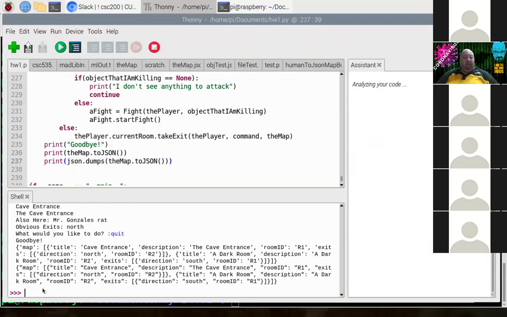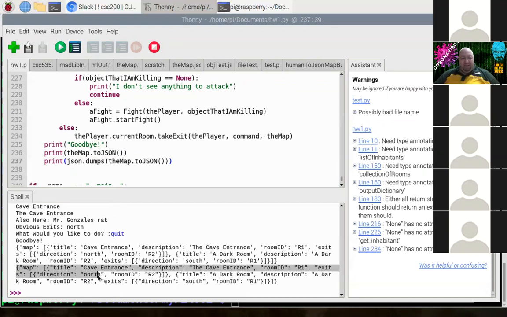Now we see that I get my actual JSON version, which looks incredibly similar to this guy here, but you can see right off the bat that map is surrounded by double quotes here when it was only in single quotes up here for the dictionary representation. So this is my actual guy that I should be able to copy,